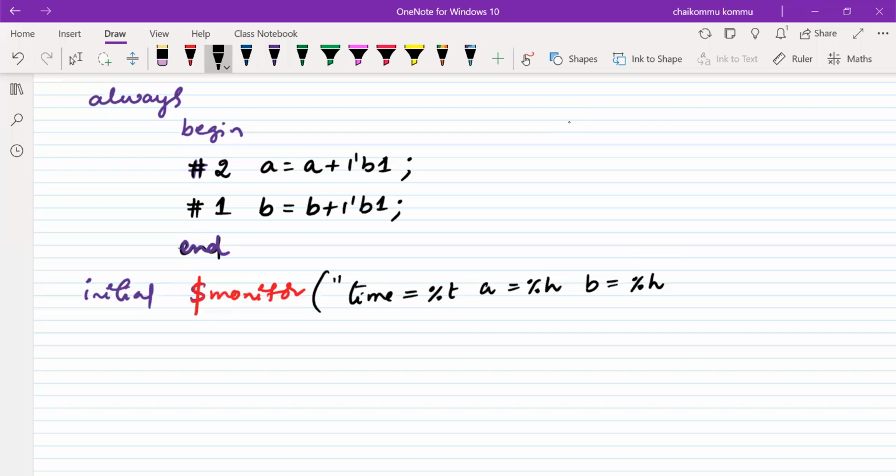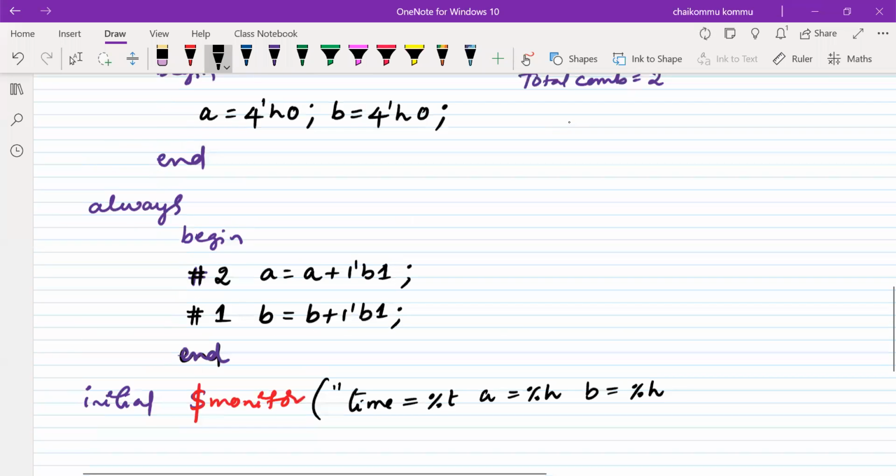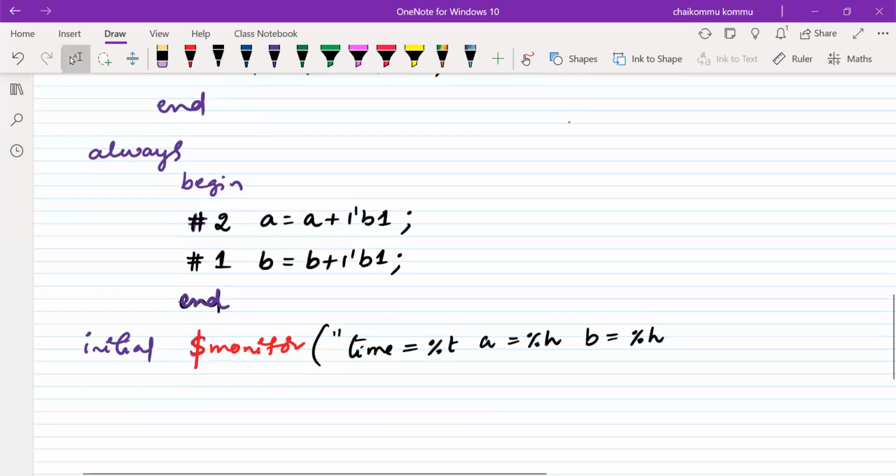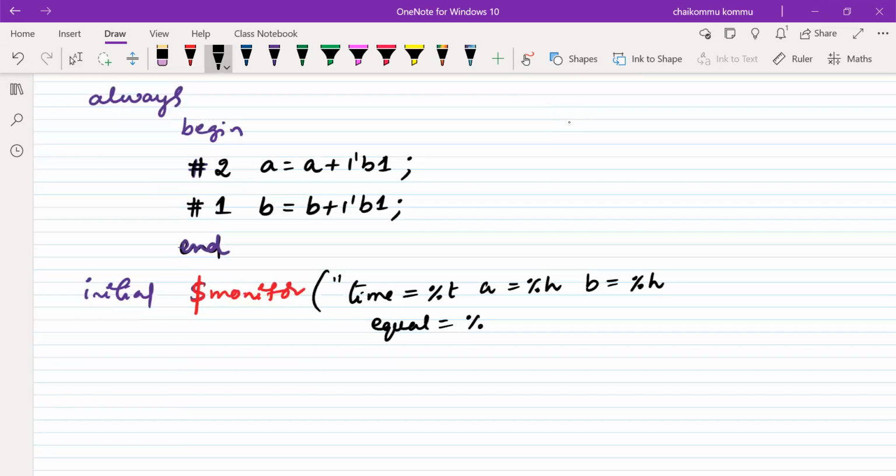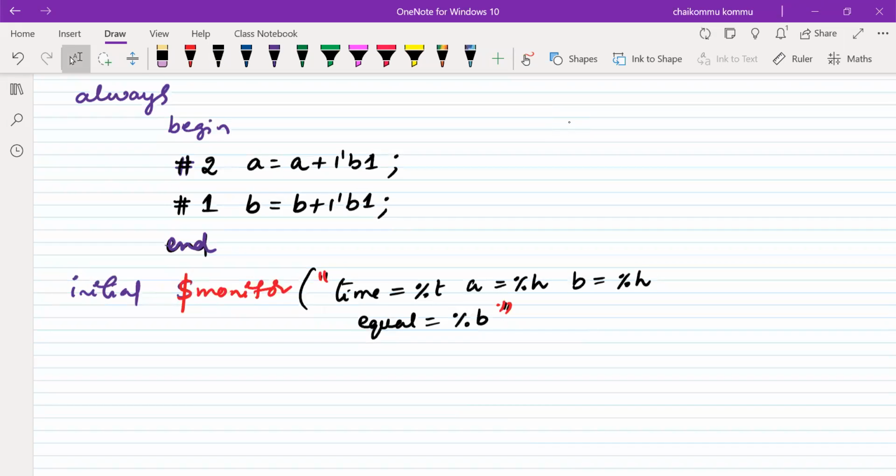And equal. I'm writing it as text here, because when converting into PDF, it would take a lot of space. So equal to, percentage of what format identifier do we need to consider? Binary. Only one bit, so it is meaningful to say it is in binary. These are in double quotes, so whatever we have written will be shown in the monitor as it is.